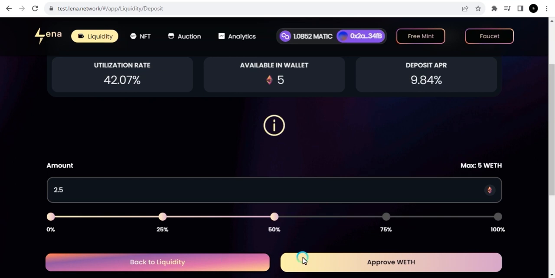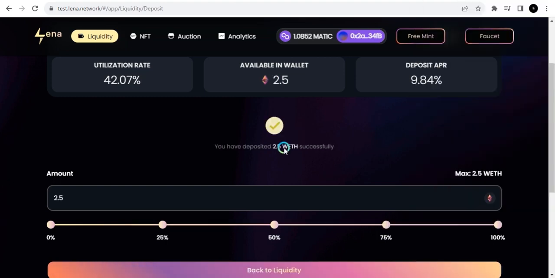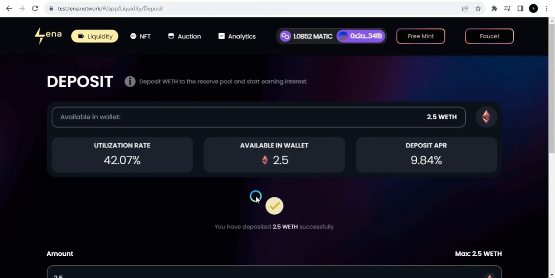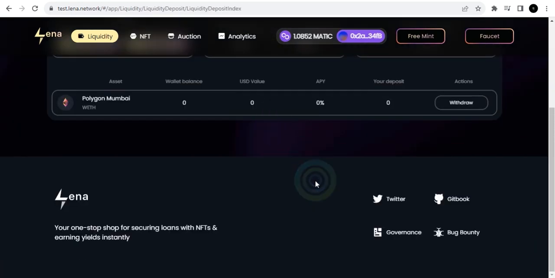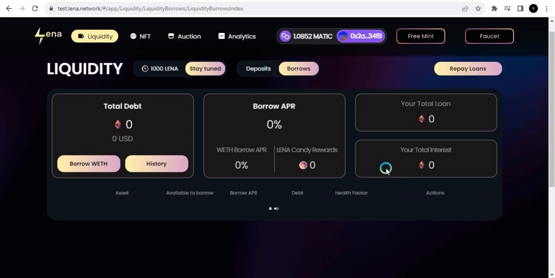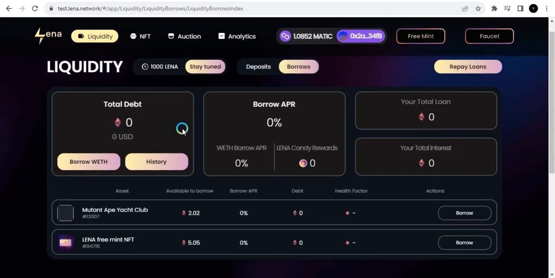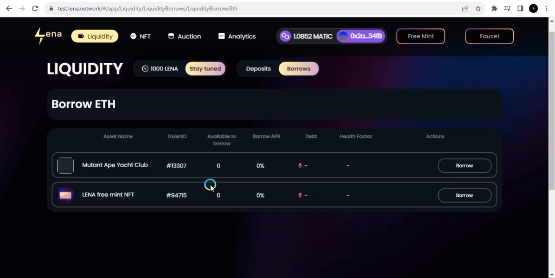So let's say I deposit 50% of this. At first I will approve the WETH. Okay, so I've successfully deposited 2.5 WETH. You can see it's 50% of what I have that I've deposited. So with that, I'll go back to liquidity, and then I'm going to borrow. So now let's click on borrow, and then for this, you say borrow with,